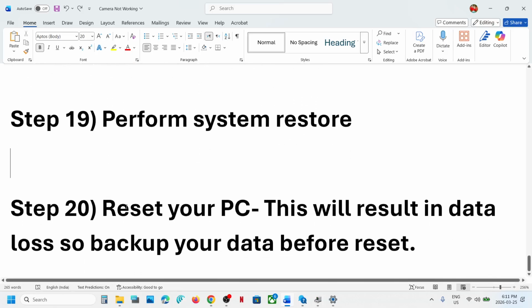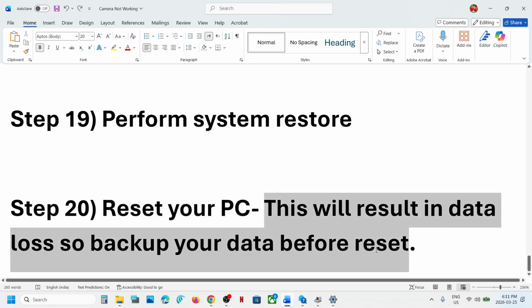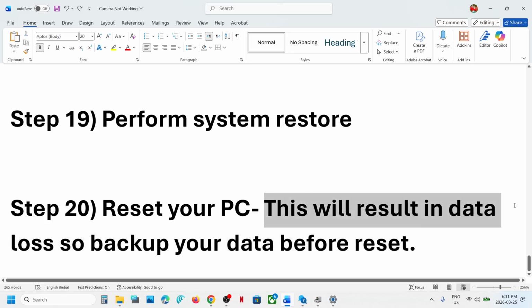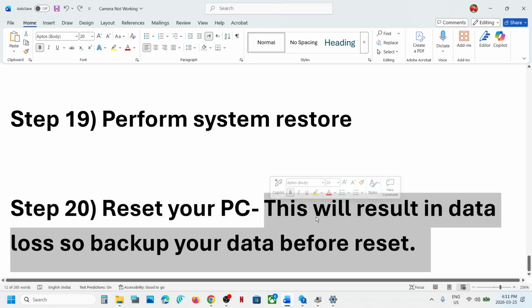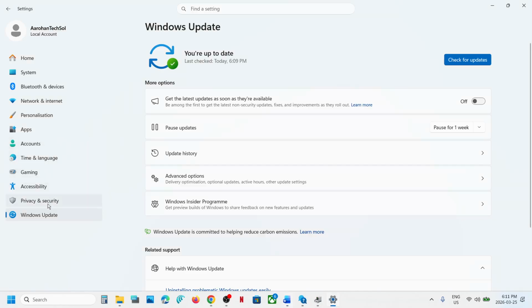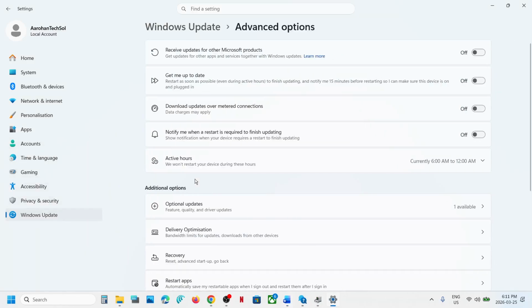Next step is to reset your computer. Reset will result in data loss, so back up your data. You will lose all the data and applications, not only data, the applications which you have installed on your computer. You will lose everything. You have to start everything from scratch. So create a backup. To reset your computer, you can open Windows settings, go to Windows Update, Advanced option,